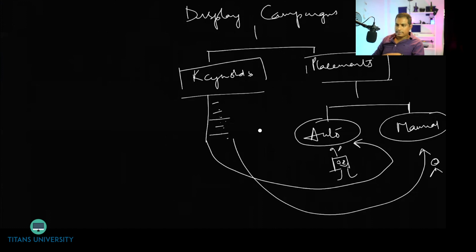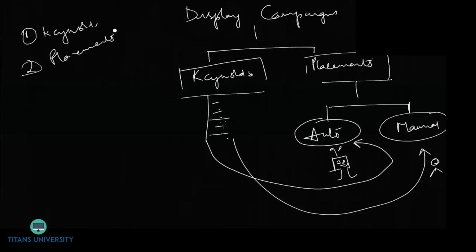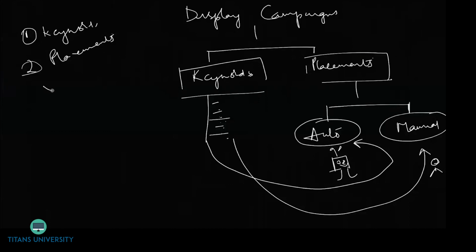Right? So this is pretty much how you need to look at display ads. In display ads, it is very important that you either give keywords or placements for finding out the websites you would want to show. Either you have to give keywords or placements for Google to go ahead and identify your placements. So that's pretty much about display campaigns.